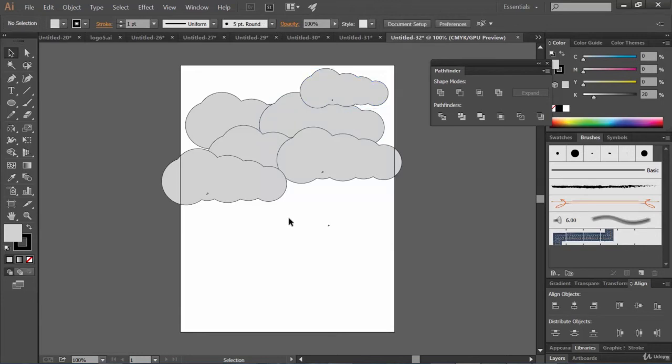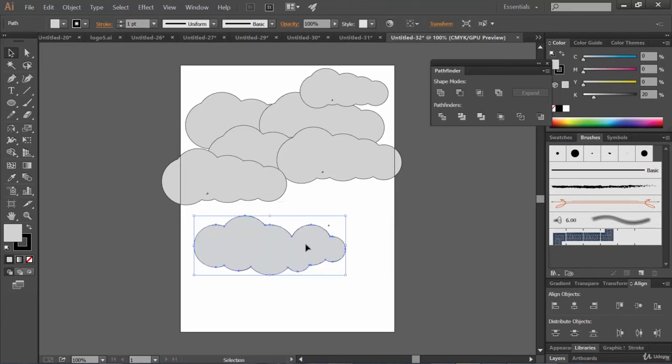Now another thing is that you can even use the Unite method, yes friend, for this. Say for example, let me create, so this is just creating a few circles around. I mean, you can create a cloud of any shape just by using circles. Isn't that nice, huh? Now let's select all and let's unite, and there you go. You have got your cloud.